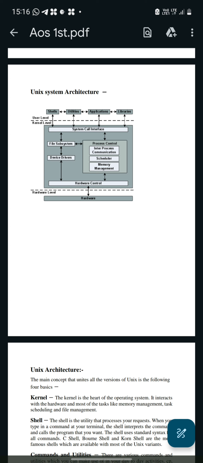Then the cat command is used to concatenate multiple files into one file. That means multiple files are combined to generate only one single file.